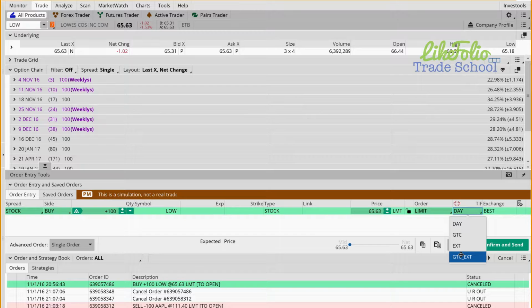GTC extended means you want a good till canceled position, so it's going to continue working unless you manually cancel it, and it's also going to work in extended hour sessions. So that's generally what I'll choose if I'm exiting a position looking to take profits. I'll go ahead and, why not include extended hours? Might as well. But since we're doing an entry, let's stick with a day